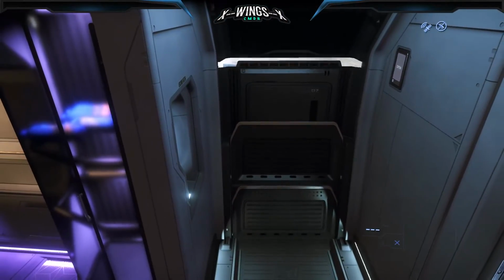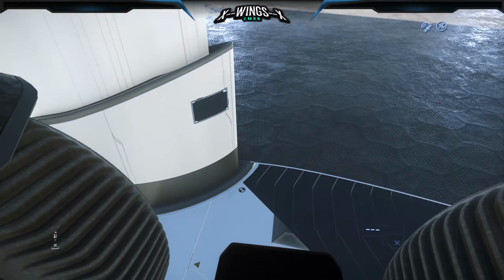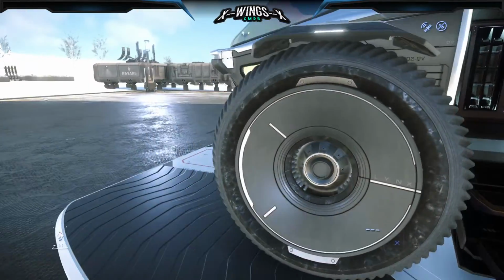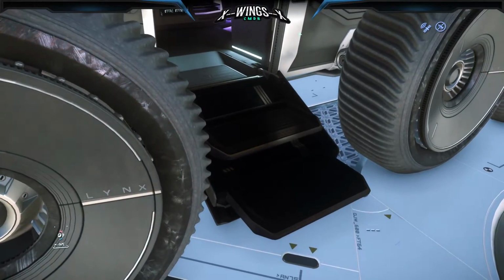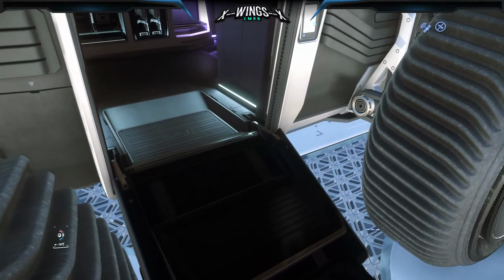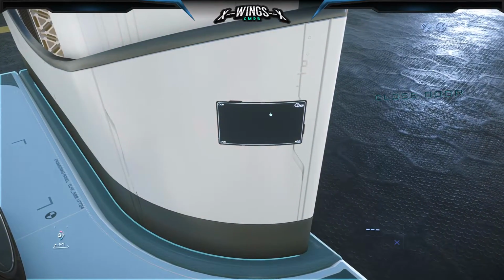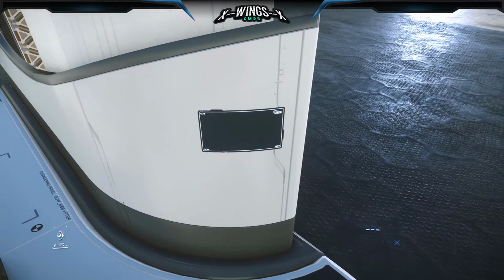Let's come back. There's so much to say again about this Lynx and 600i and all the other many things we have. So we see, we come out here. It is a tight fit, you see. About a yard away from the front. Closing the door. And then press the button, which is...